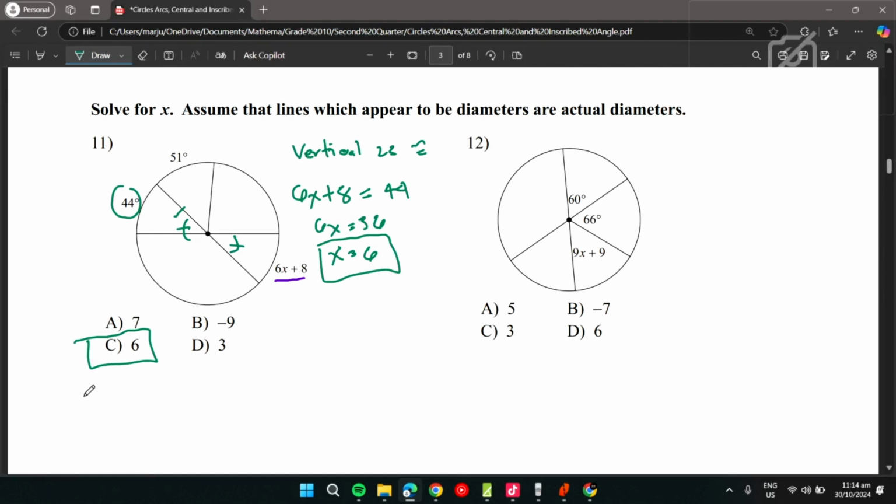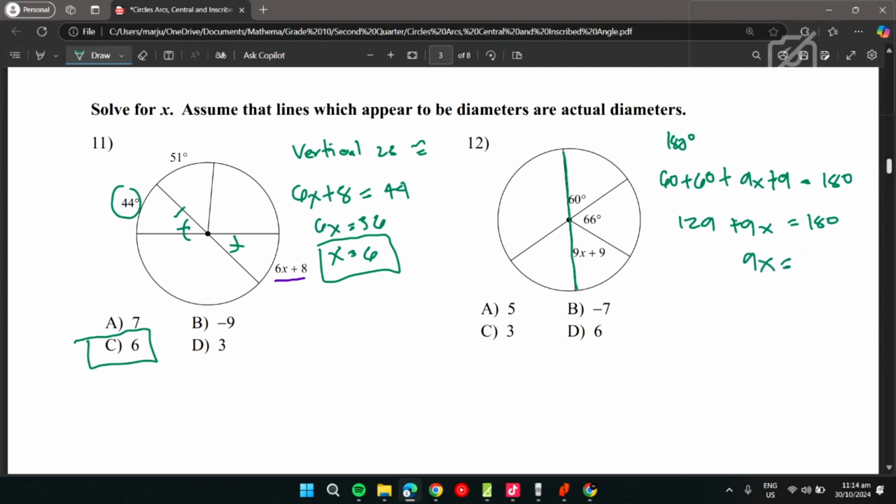Good. Semicircle, right? So, again, since this is a semicircle, a straight angle, ang straight angle is equal to 180 degrees, right? So, meaning to say, the sum of these three is actually equal to 180. So, we can actually do 60 plus 60 plus 9x plus 9. That should equal 180. Alright? So, this is now 60 plus 60, 120 plus 9, 129. So, meron tayong 129 plus 9x equals 180. And then, this will become 9x is equal to,